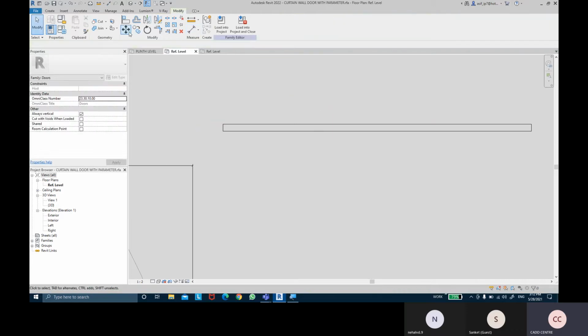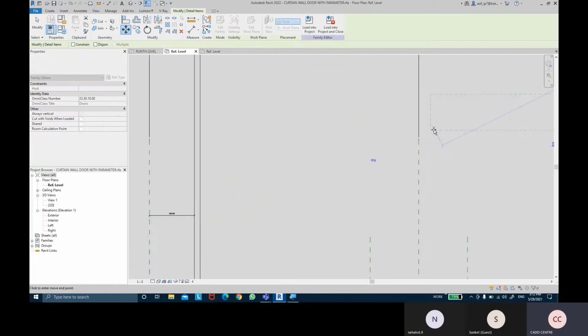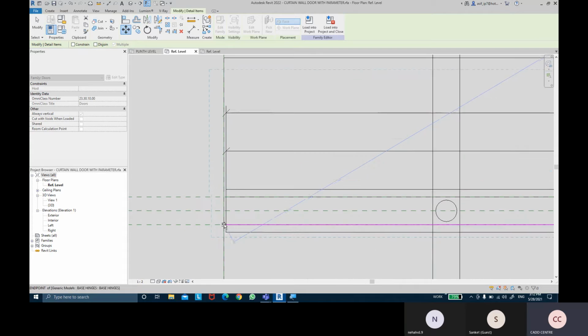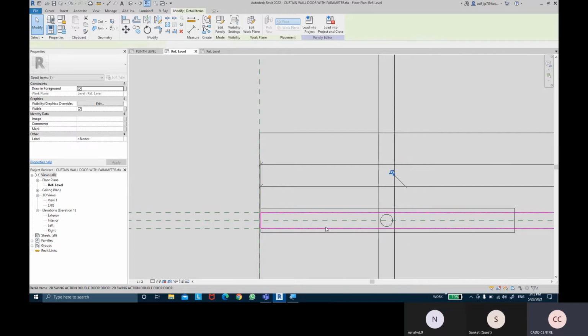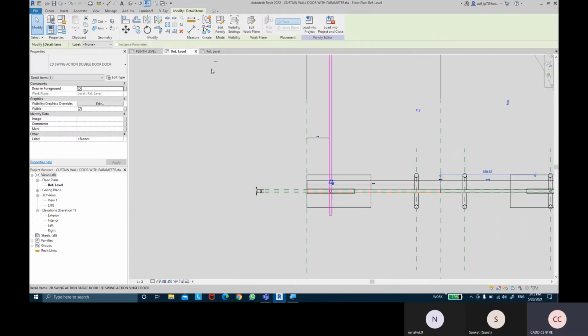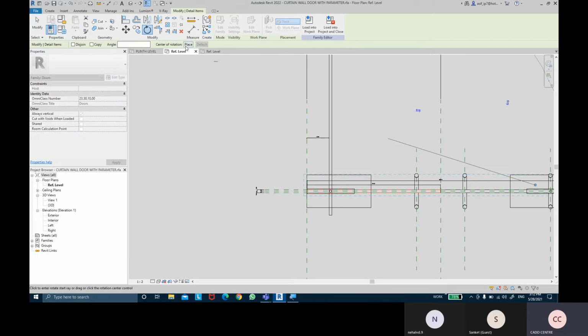Now I can just move this element point. Then we can once again select that detail item, rotate it,